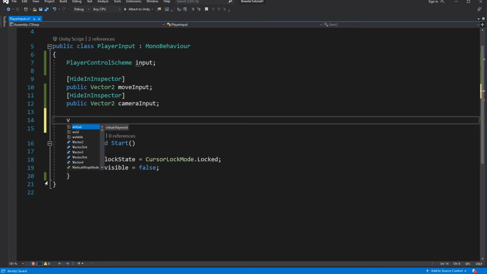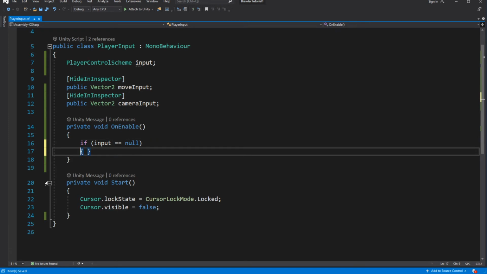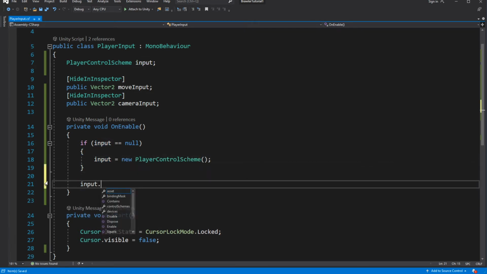On enable, check does our input is null. Then initiate a new player control scheme. And outside of if statement, call enable on the input to set it active.